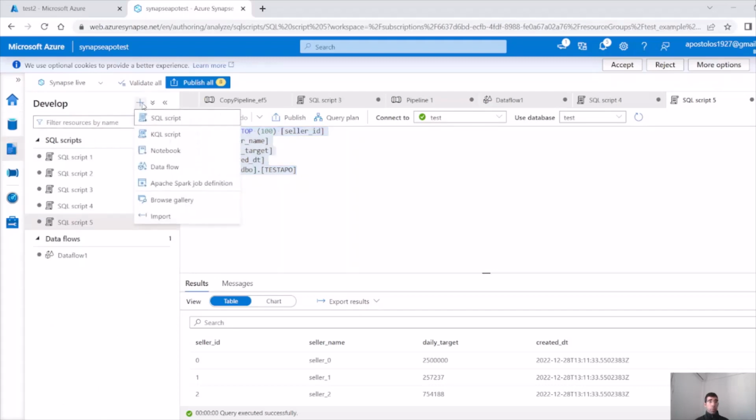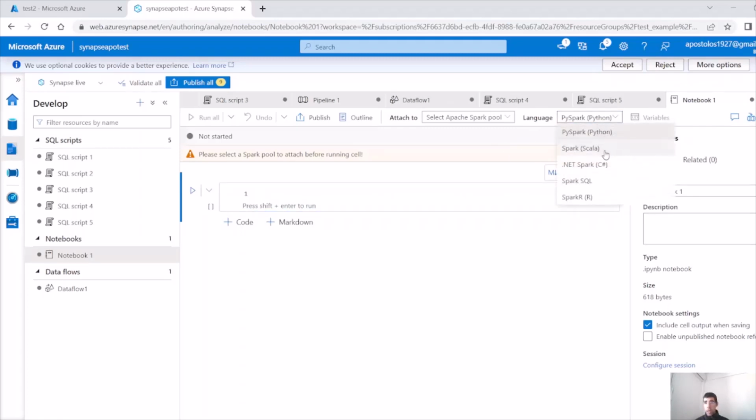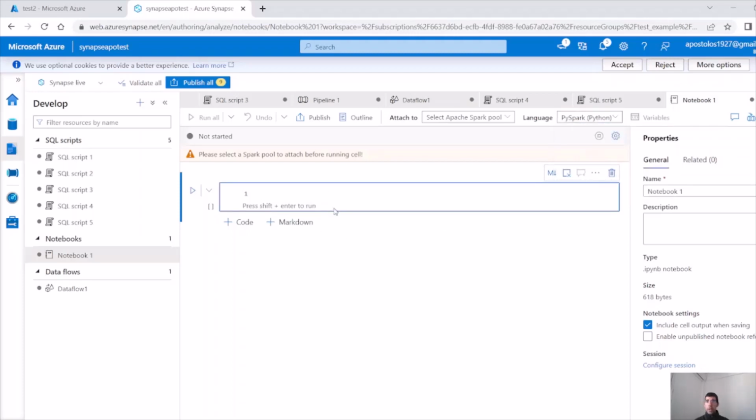Click here, develop, notebook. Now it has many languages, if I remember correctly: PySpark, Scala, .NET, and yeah, it had C#. Okay, that's cool. Spark SQL and Spark R. So let's click PySpark Python. We have to create a Spark